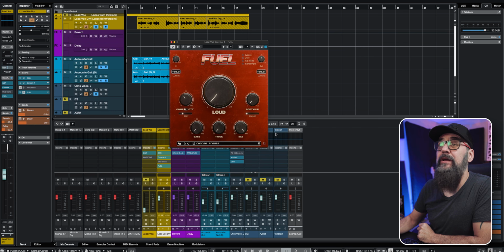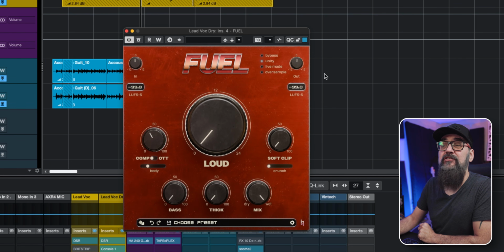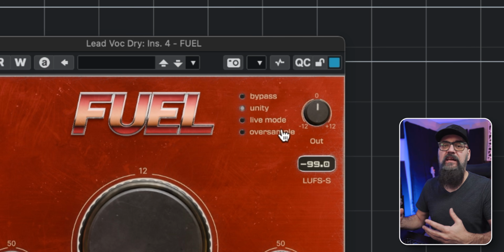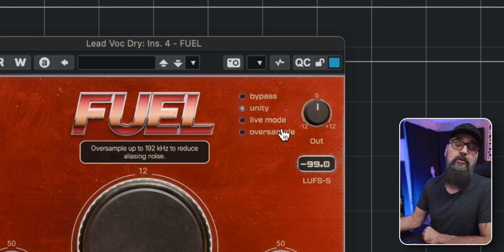So first, let's take a look at the plugin. Pretty straightforward, input level at the top left, top right is the output level. We have different options. Also, you can bypass the plugin from inside the plugin. You can click on Unity, which is basically going to level match the input with the output. So when you bypass the plugin, everything is going to be level matched, which is what I'm going to use for